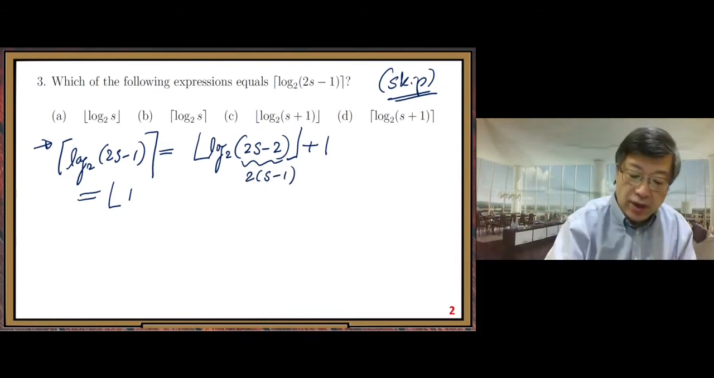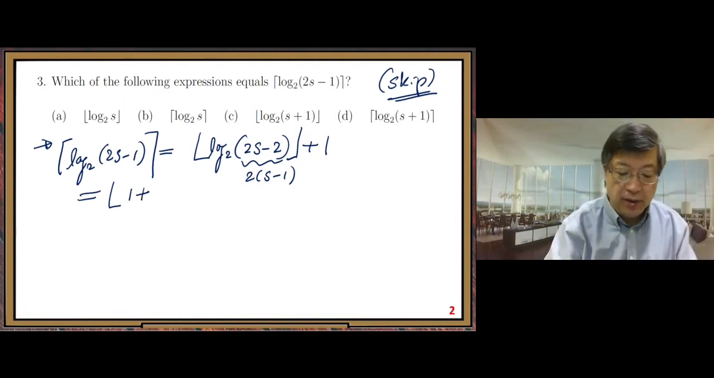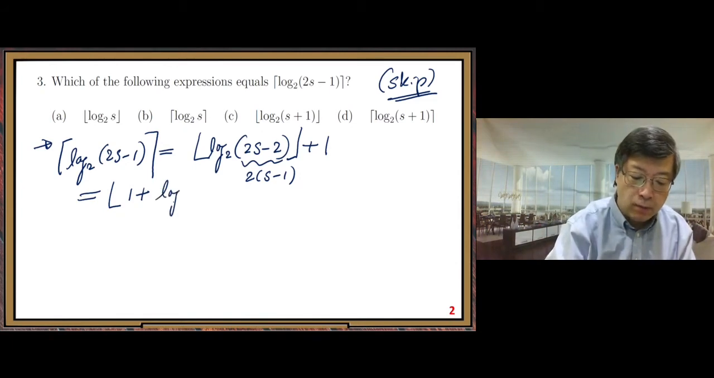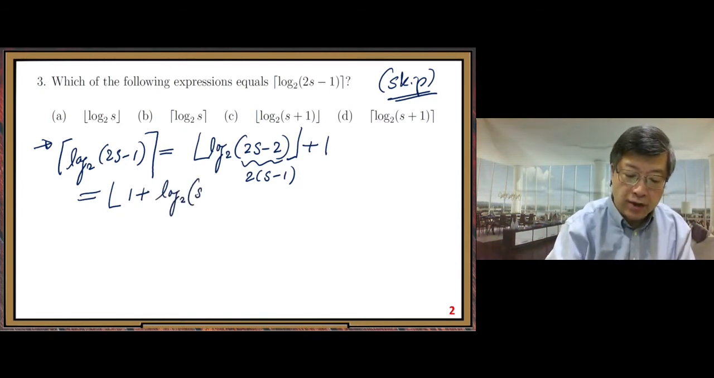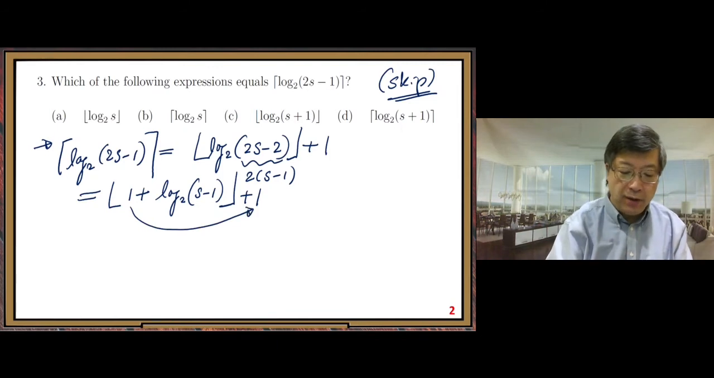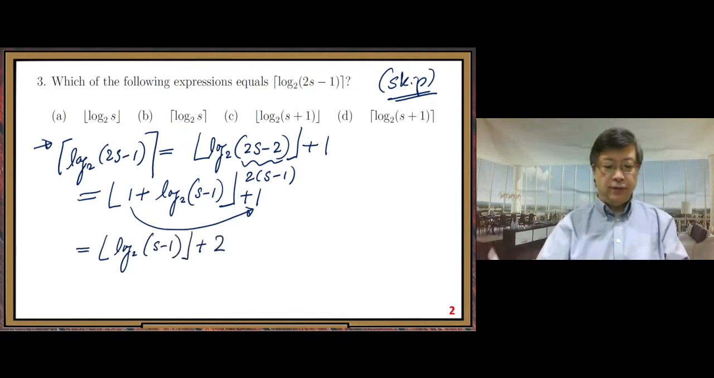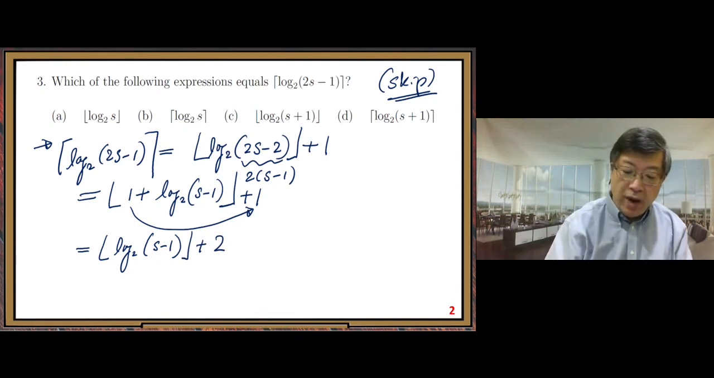Okay, all right. So 2 log base 2 of 2, that's 1. 1 plus s minus 1, right? Okay. Plus 1. That one we can take out. So we will get log base 2 s minus 1 plus 2. Okay? Yeah. All right. But if we want to write it,